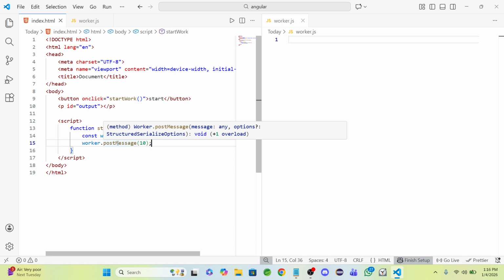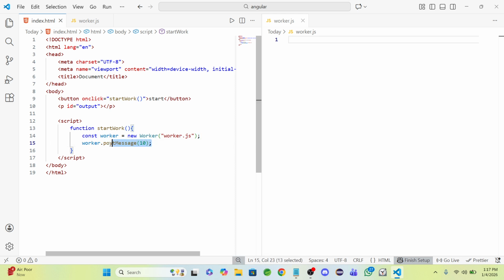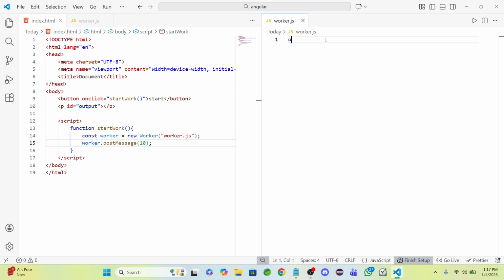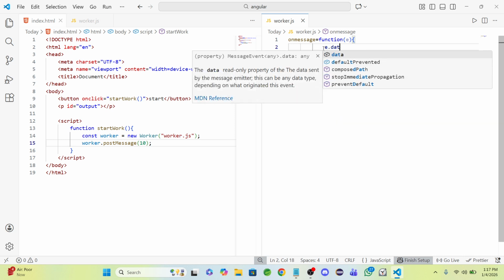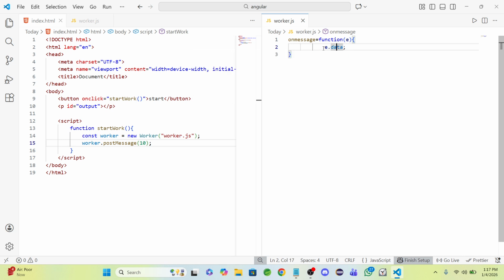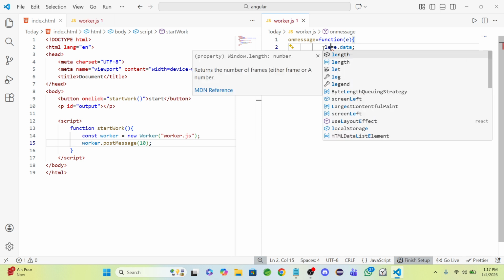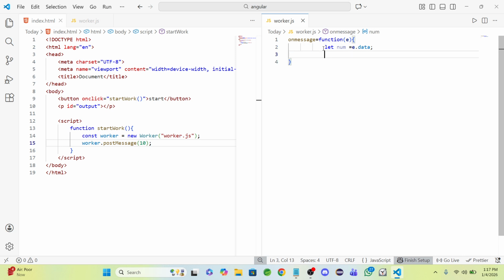I mean postMessage is used to send the data, onmessage is used to receive data. Here what we are doing, we are posting this message of 10. I mean any operation you can do that. But for the operation we need to do, we have to write onmessage equals to a function with an object event. Every time a value changes, that will be detected. And if you want to get the exact value of 10, you can use e.data. The 10 value is here, and that will be stored in let num. And I want to perform the square operation, num times num,